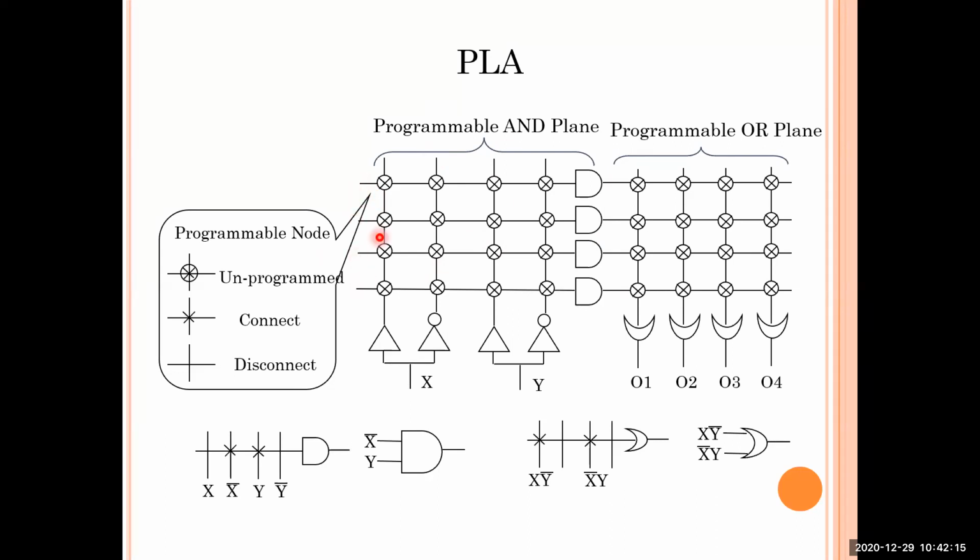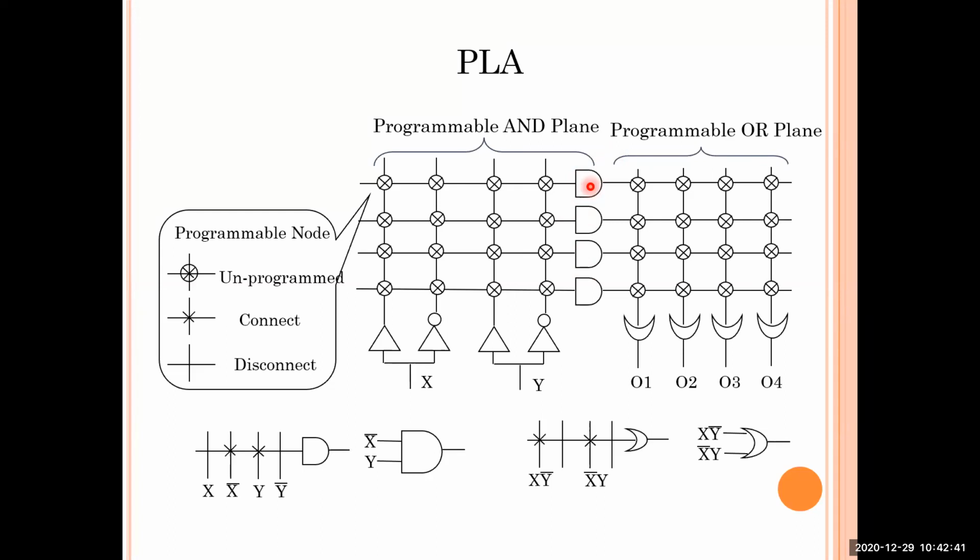So this becomes the inputs. For every input, which is a variable in the Boolean equation, there is an input signal to the AND plane. An AND plane produces a set of product terms by performing the AND operation. Whenever an AND plane is working, an AND gate will be producing a product term. So whenever this AND plane performs some operation, it will always be producing a set of product terms.